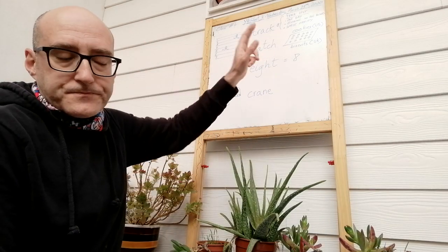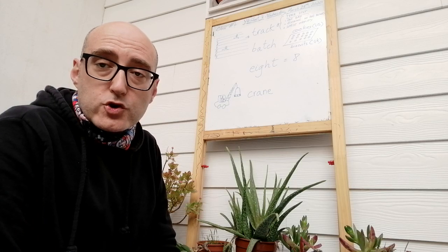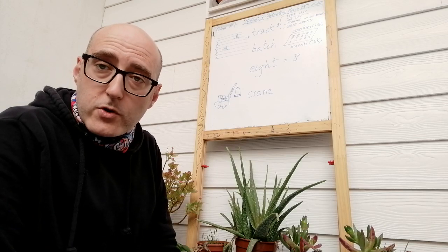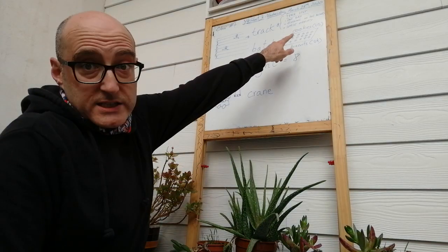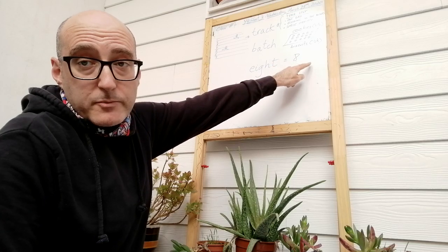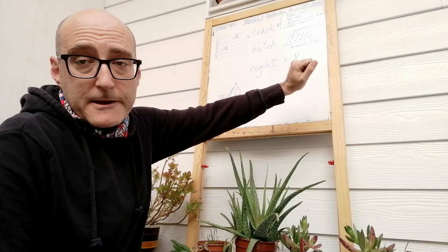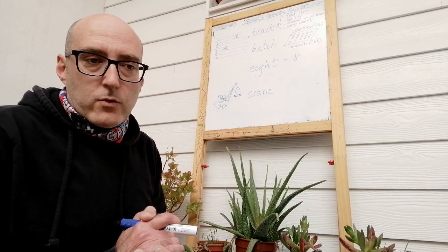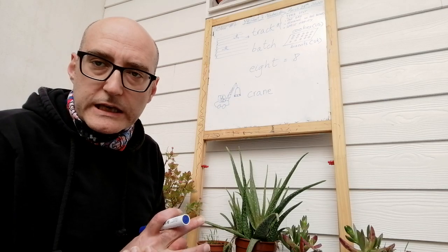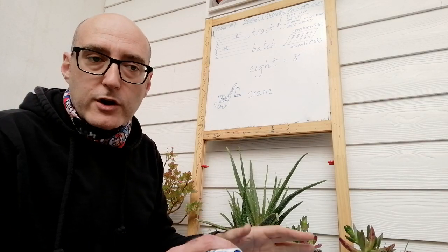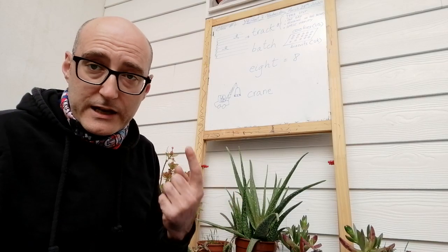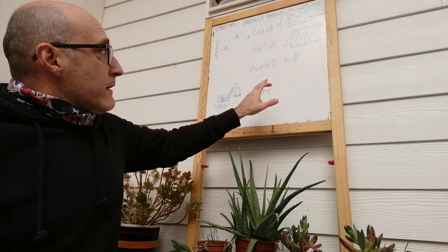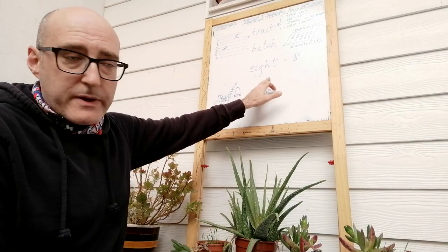Then we have batch. Batch is a word that refers to a group of things, and it's normally used when we talk about cookies, okay? So when you cook cookies, which is the name in the United States, as opposed to biscuits in the UK, when we make dough, we put together a lot of ingredients to make cookies, and then we put them in the oven. All the cookies that we get in one go is one batch, okay? Then we have number 8, very careful with the spelling,